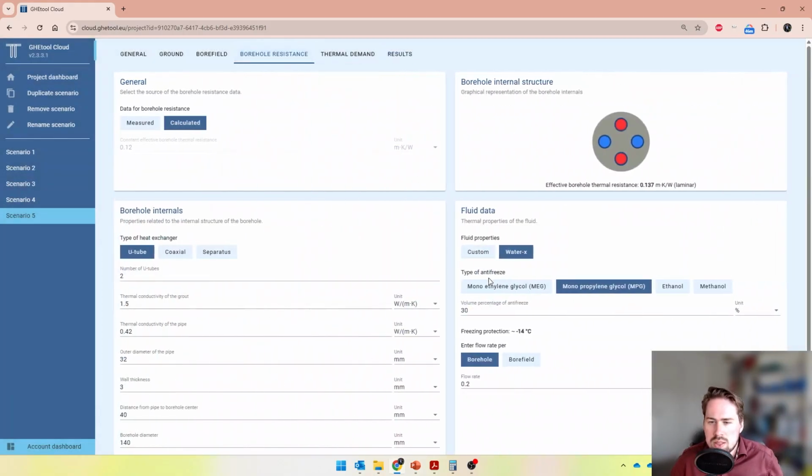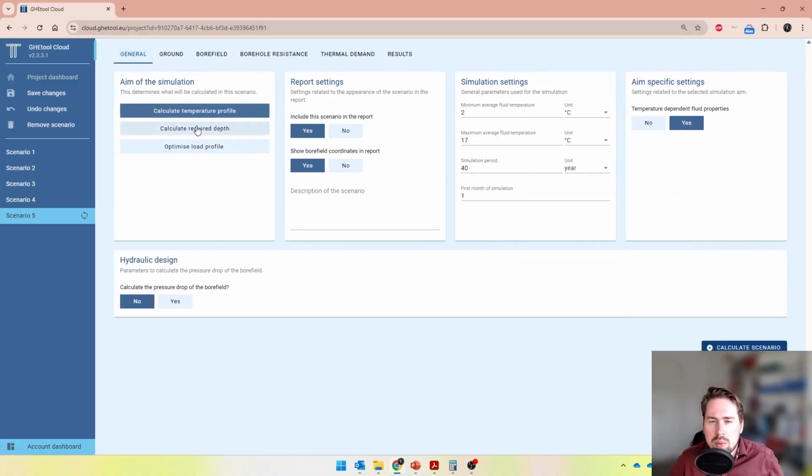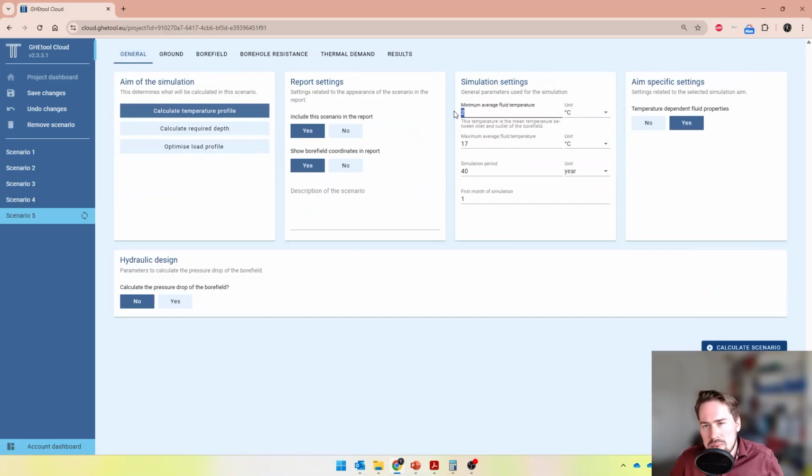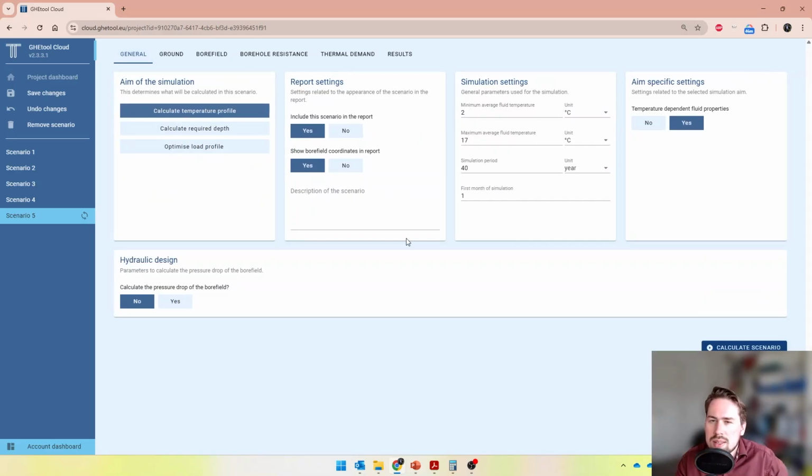So we go to the resistance tab, we say, well, work with 0% antifreeze. And if we're working with antifreeze, we also need to change the minimum temperature. Now this depends a little bit on your heat pump manufacturer, and please check the technical data. But what we typically see is that the outlet of the heat pump should be above 4 degrees. So if you work with delta T of 3 to 5, let's say, you need at least